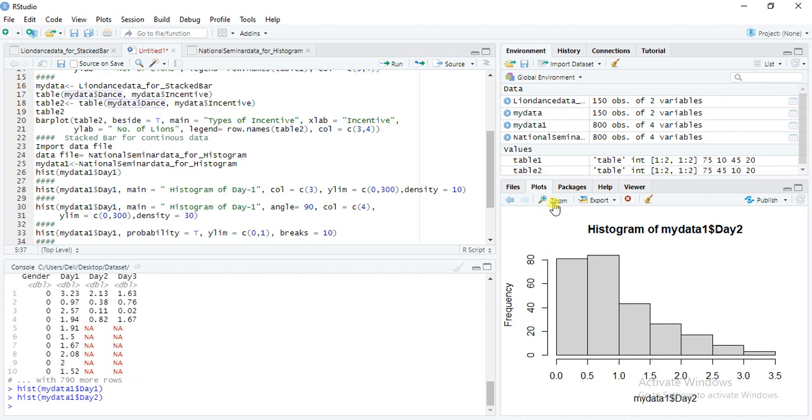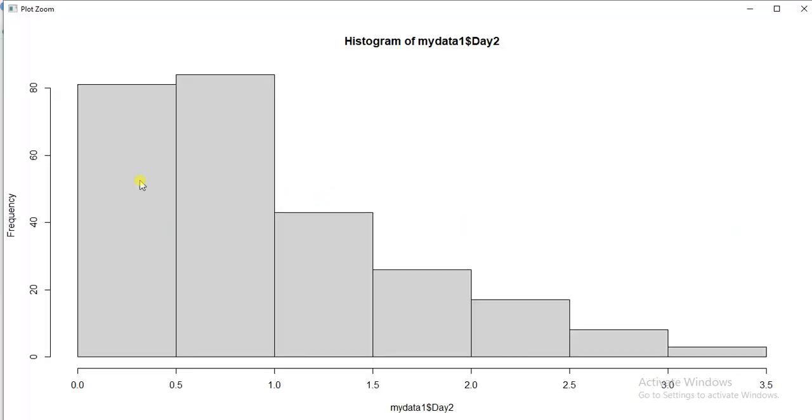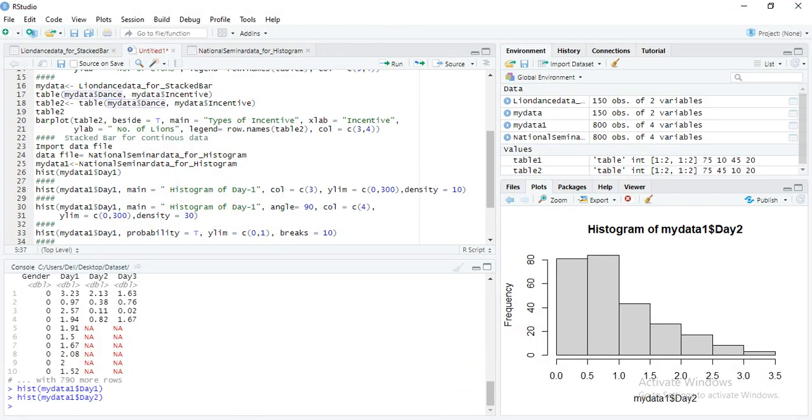There will be three graphs: day one, day two, and day three. This is our graph. It is a positively skewed graph, which is not desirable for analyzing continuous data. We need only a histogram which is normally distributed, meaning a normal shape.